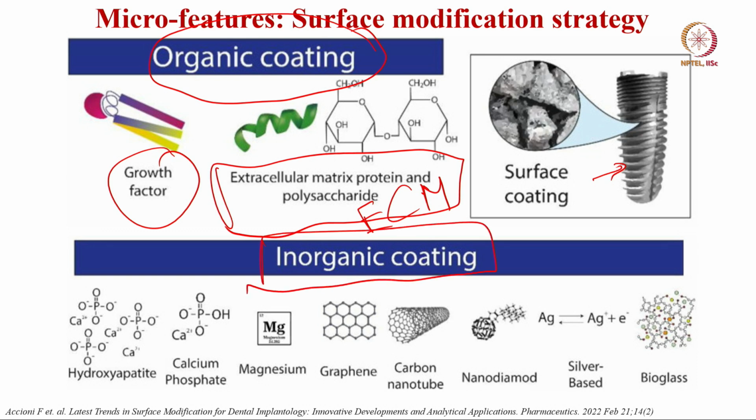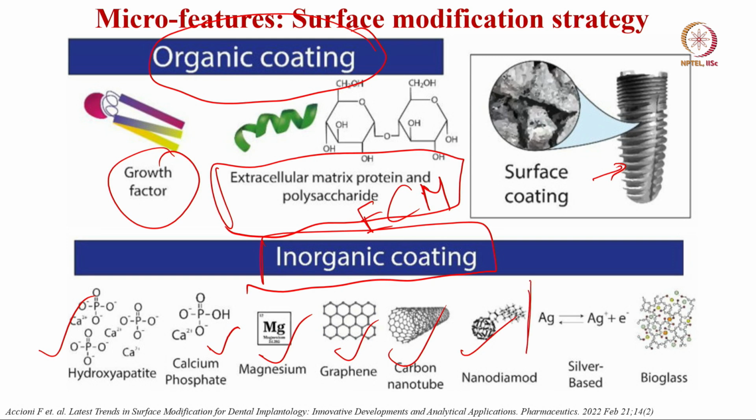So, there is also inorganic coating like hydroxyapatite, as I mentioned to you, calcium phosphate, magnesium or graphene or carbon nanotube or nanodiamond. Many of these things have been investigated to a very small extent research wise, because their safety and efficacy is a primary concern to any clinician. Whenever you say that you are using graphene, carbon nanotube and nano diamond, although they look very attractive from the materials innovation perspective, clinical practice is very different from what we do in the typical university's research laboratory.